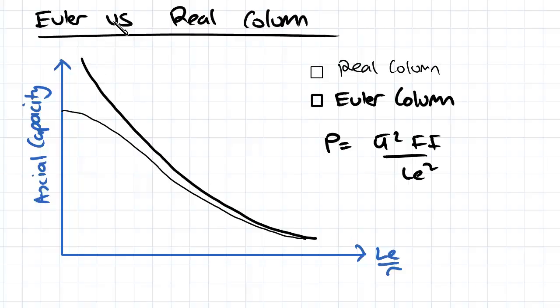But in reality, our real column is actually going to experience behavior and axial capacity with respect to the effective length over the radius of gyration, more like this, which is slightly lower than that of the Euler column, and it sort of tapers